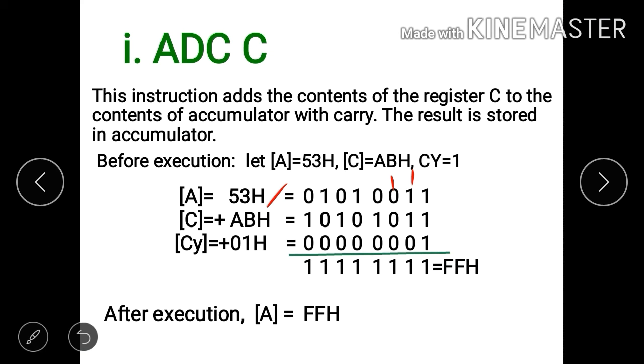So we will get 1 here. Then 0 plus 1 plus 0 we will get 1, 1 plus 0 will get 1, 0 plus 1 plus 0 will get 1, 1 plus 0 plus 0 will get 1, 0 plus 1 plus 0 will get 1. So we will get the result 1 1 1 1 1 1 1 1. That means FFH. After executing the instruction, we will get FFH in the accumulator.